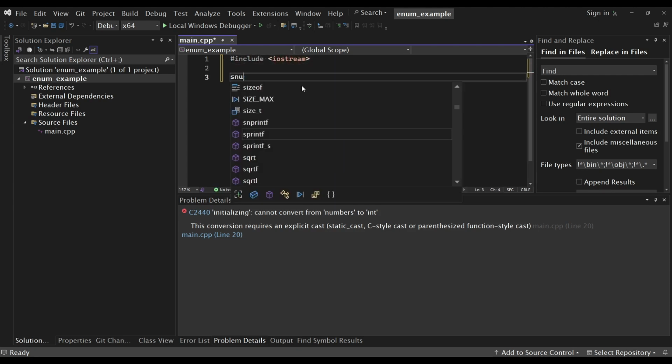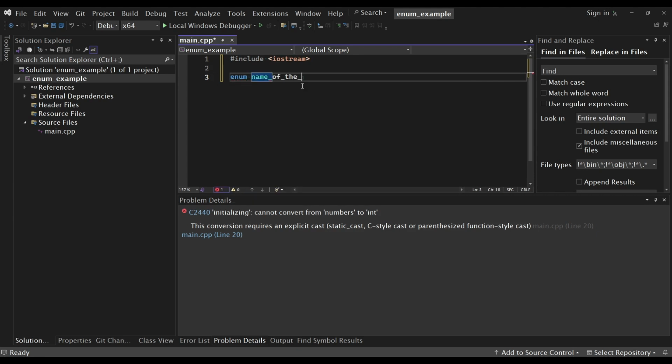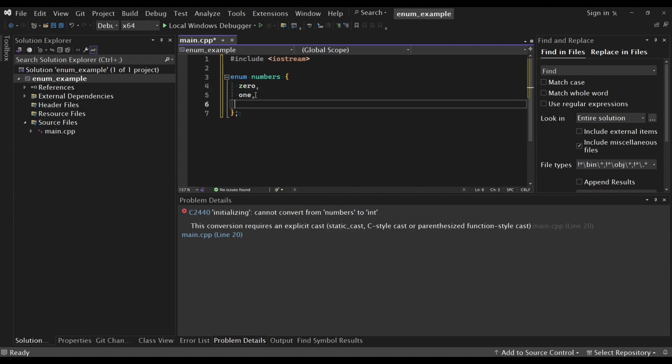I'm going to do an enum. So it's enum, name of the enum, and then we're going to do a block of code where you're going to stick your member names in, and you end up with a semicolon just like structures. So I'm going to call this enum numbers, and I'm just going to label some numbers. 0, say 1, 2, I can type 3, 4,